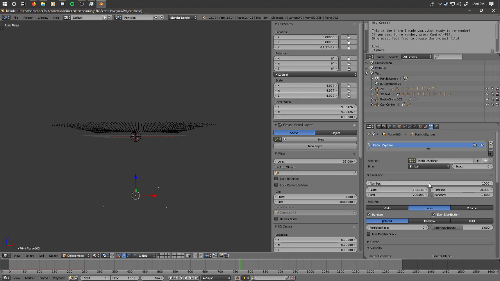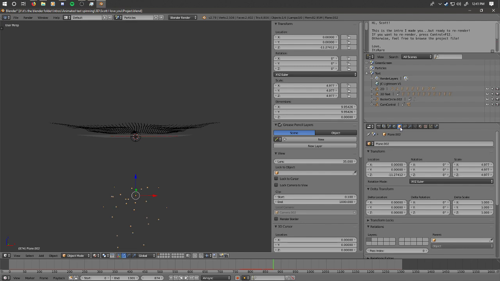Start. Way back, but around negative 100. And ending around there. Gravity! Gravity is not fun.